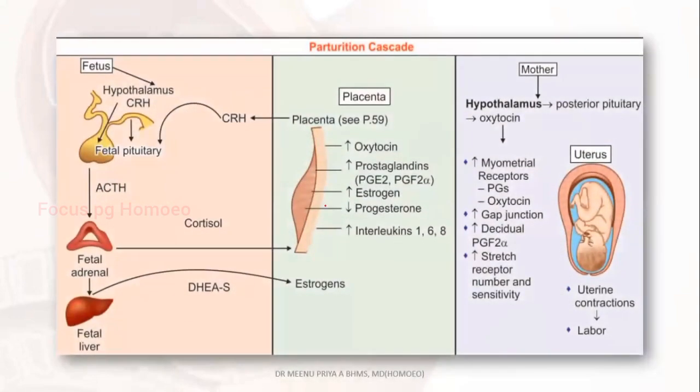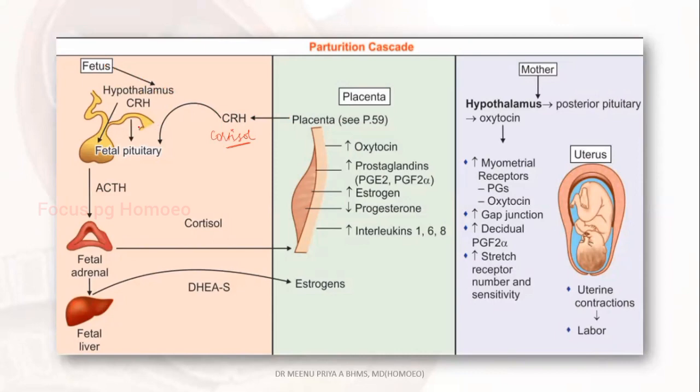So here you can see what happens. It is a series of events. We saw the definition of labor. So let's start with the placenta. The placenta starts releasing corticotropin releasing hormone. So if you see cortisol in a question related to labor, don't think it is not related to labor. The corticotropin releasing hormone from the placenta goes to the fetus and